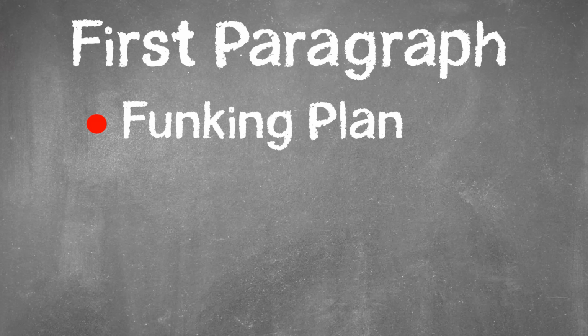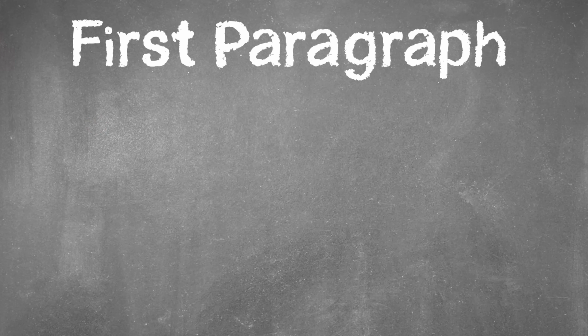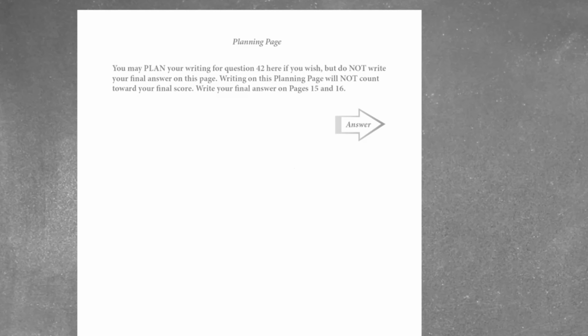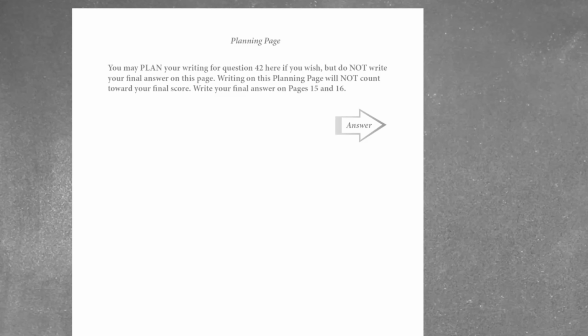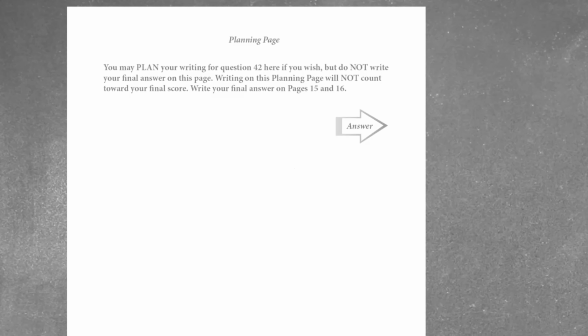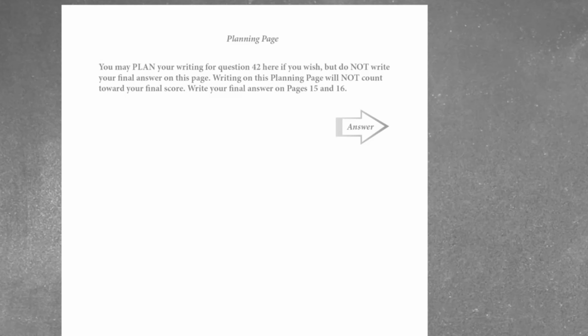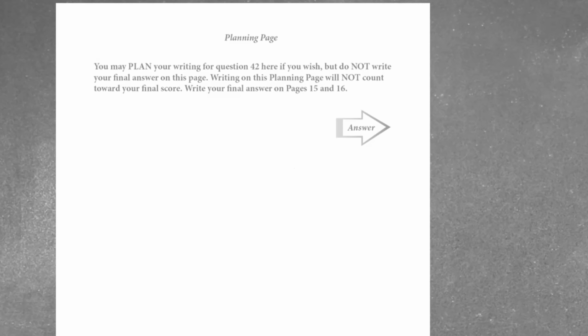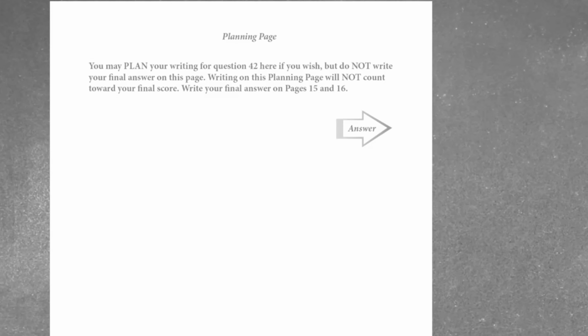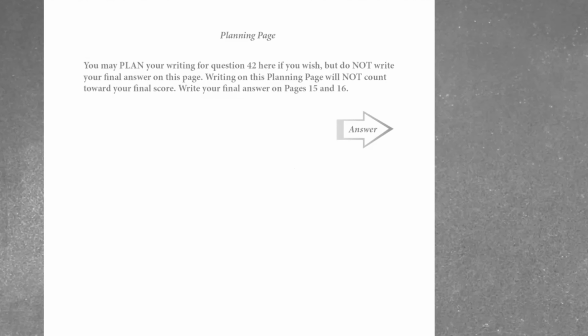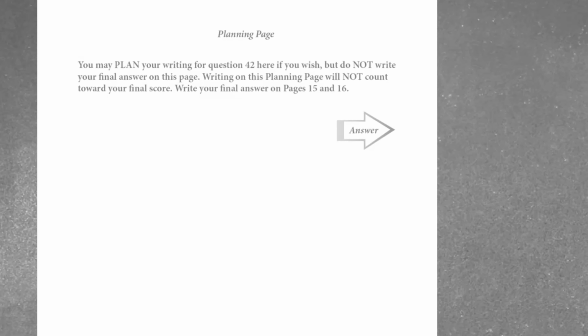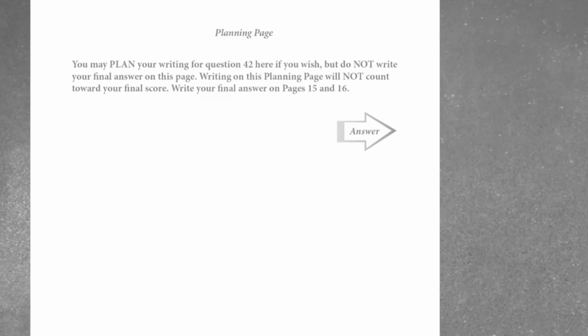Before we start to write anything in terms of an answer, we are going to plan. They give you a planning page for the 4 out of 4 Big Daddy question. You will be provided a planning page. This will inform you that, hey, the Big Daddy, the 4 out of 4 response is coming, and we're going to utilize this planning page. Note that nothing on this planning page will be graded. We don't write our answer on the planning page, but we are going to ace this exam by taking advantage of this planning page.